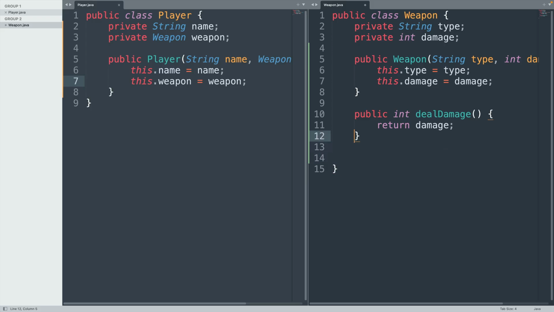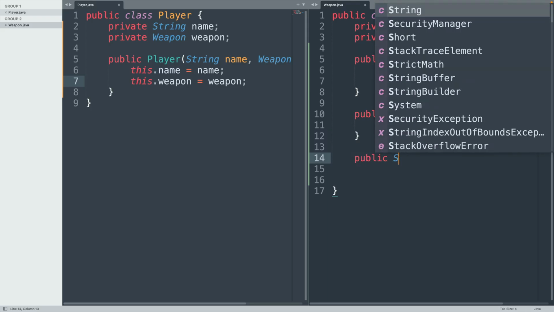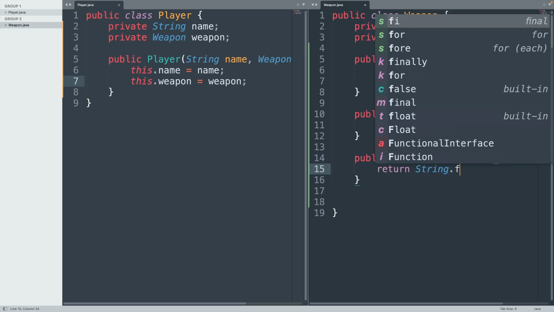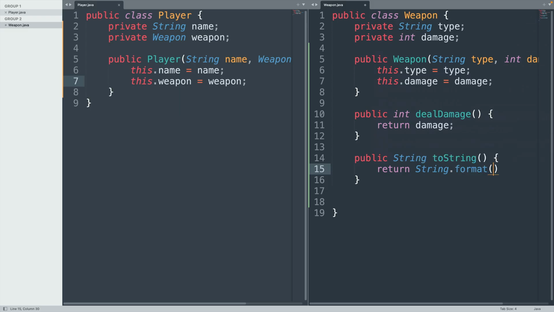As part of deal damage, we could also maybe print something out or give more information here. Alternatively, we can just make ourselves a toString, and this will just give us the information we need about a given weapon. So we can return a formatted string that says